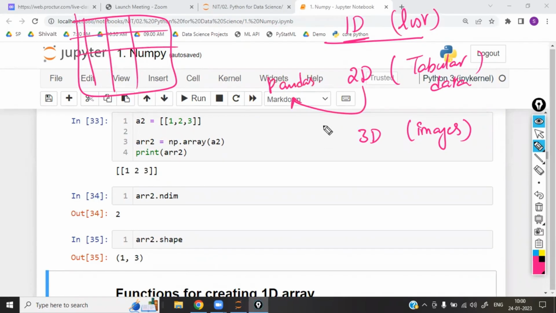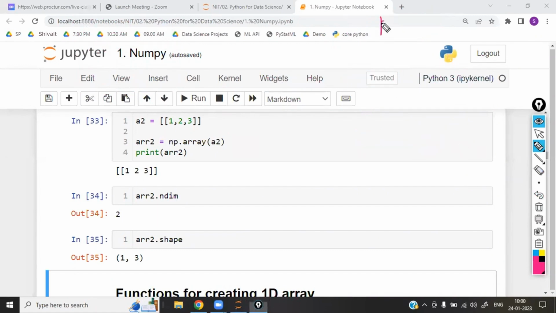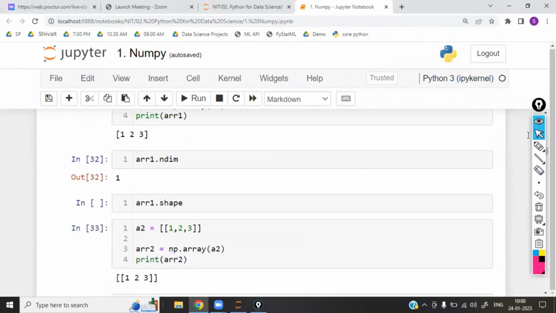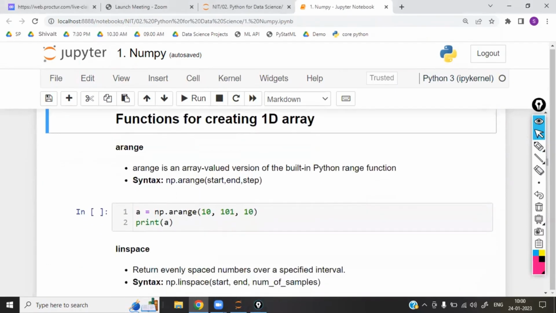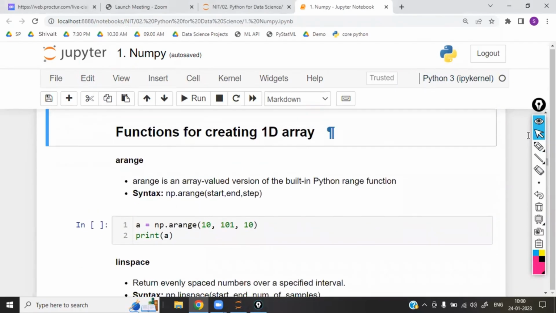You will understand. I will explain one by one. Don't need to worry. Just focus as of now. Just understand what is one dimensional and how the one dimensional shape will look. That is important. If you understand up to this, it is more than sufficient. Right? Now, what are the various functions for creating a one dimensional array? These functions are used for creating, like for example, list of